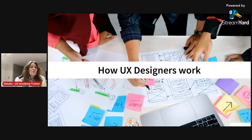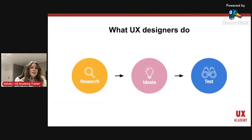And now I hope I convinced you a little bit and showed you that user experience is around us, and that you can meet user experience in day-to-day life, even if it's not digital, but a physical product, and how important it is. And now I would like to tell you a little bit about how UX designers work, and highlight what our day-to-day work looks like. So as UX designers, we have some approaches that we use,